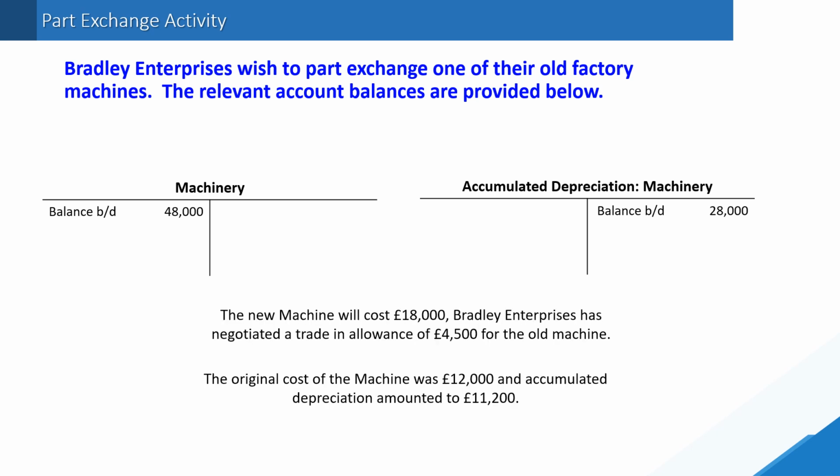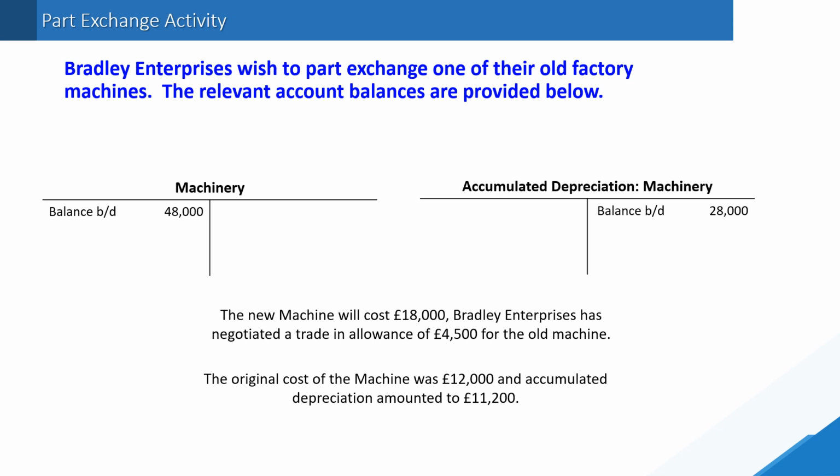We're told that there is a new machine and that will cost £18,000. So that's the value of the new machine to be acquired. Bradley Enterprises has negotiated a trading allowance of £4,500 for the old machine. So instantly, because of those 2 figures, I can now ascertain that the figure for step 4 will be the difference between the value of the machine at 18,000 and the part exchange, the trading allowance of 4,500. So the physical payment from the bank for this new asset will be the difference of